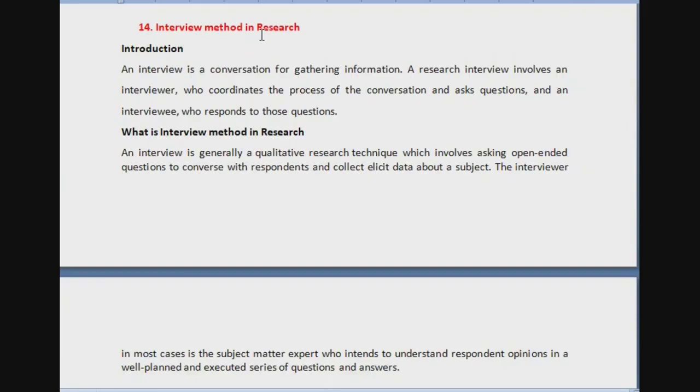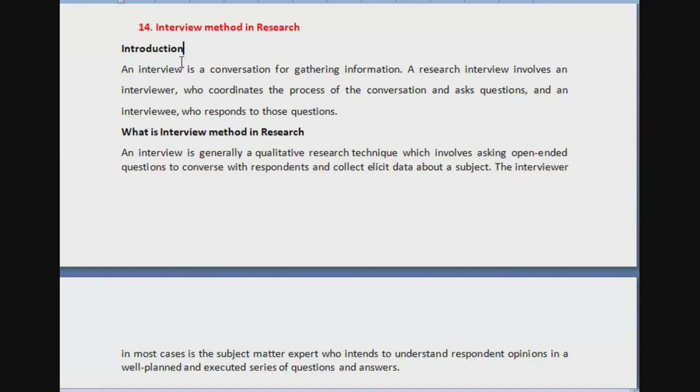That means you are taking interviews of related people and thereby you are collecting information, right? What is happening, what is not happening, you are gathering information. So interview method in research means that with the help of interviews mainly you do the entire research. So there was one question like this, how will you answer this?